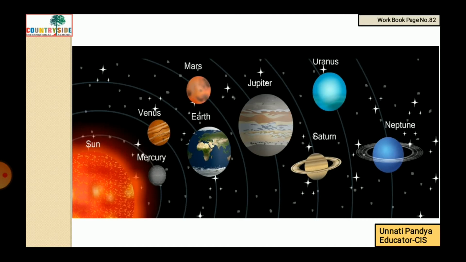We can remember the sequence of the planets based on their distance from the sun in the form of a song, which goes something like this: